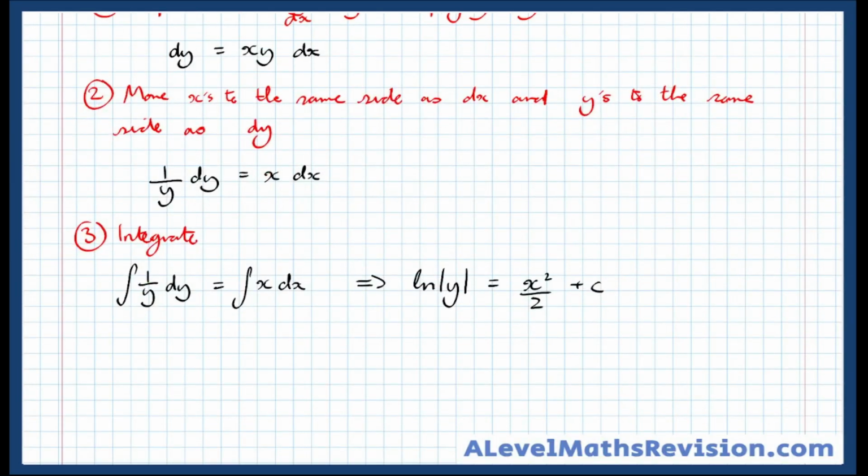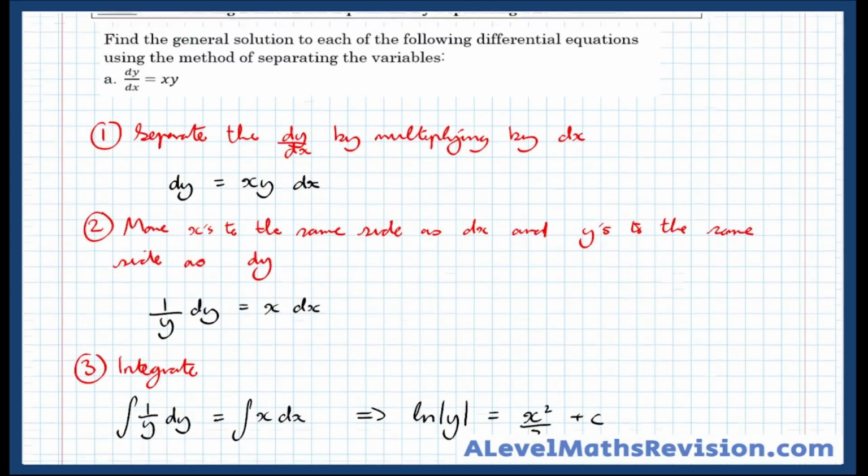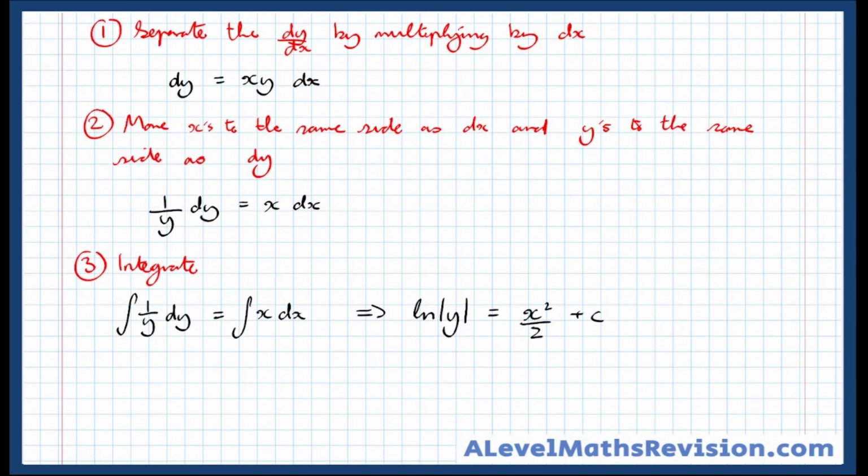So now if we want to make it say y equals, and I will stress the question hasn't asked us to make it say y equals, actually we've solved this differential equation now. We've got rid of the differential, so we fulfilled what the question asked us. However, if we want to write it in the form y equals f of x, then we simply e both sides, which means that e to the natural log modulus of y equals e to the x squared over 2 plus c,